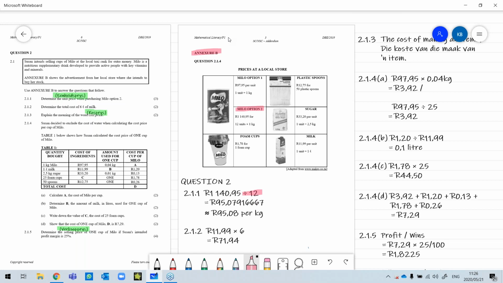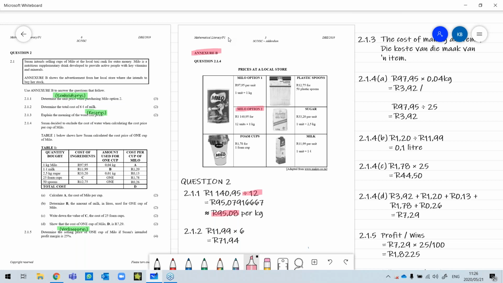Now, extremely important, guys. Your instructions of an exam paper always ask you to round your answers off to the nearest 2 decimal values. Now, this is extremely important, especially when working with finances, since when we work with finances, there's only 2 decimal values after a rand value, if that makes sense. I hope so. So it's even more important to always round your financial questions off to 2 decimal values. So if you divide this, it means that the unit price for 1 Milo is 95 Rand and 8 cents